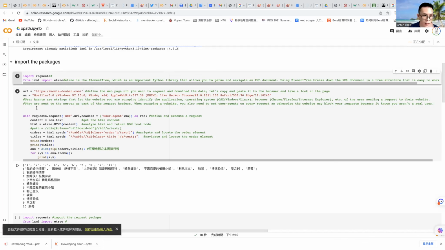It is sent to the server as part of the request header. Because you request the server to give a response, you should tell the server that you are the user agent.